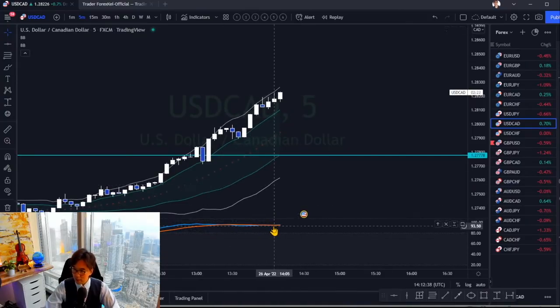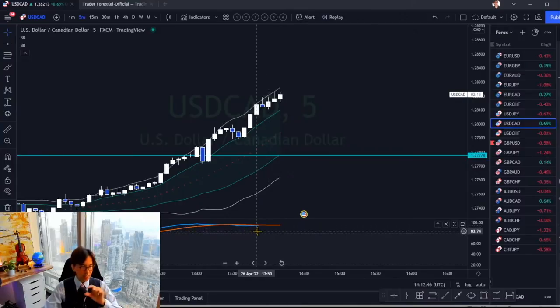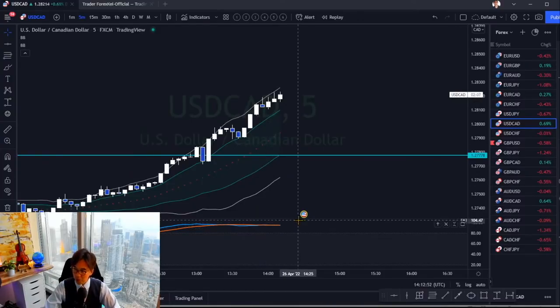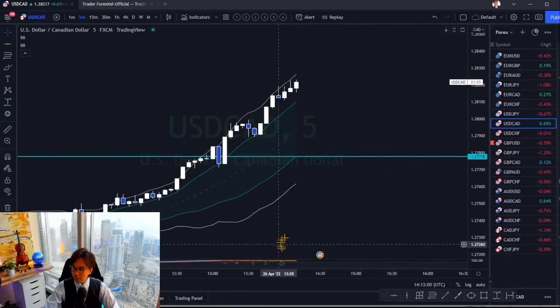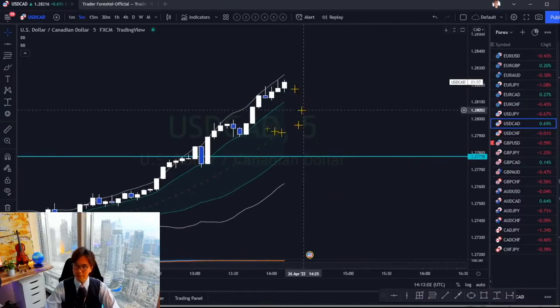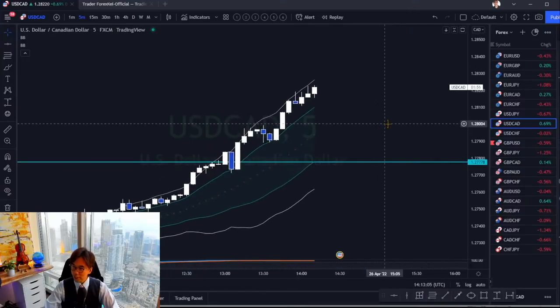Stochastics has been above 80, and the two lines, %K and %D, are exactly in line, overlapping. So in this case, I don't even look at the stochastics. I would look at some other confirmations to buy. I would just minimize the stochastics like this so that I can have more room, a bigger picture in the candlesticks